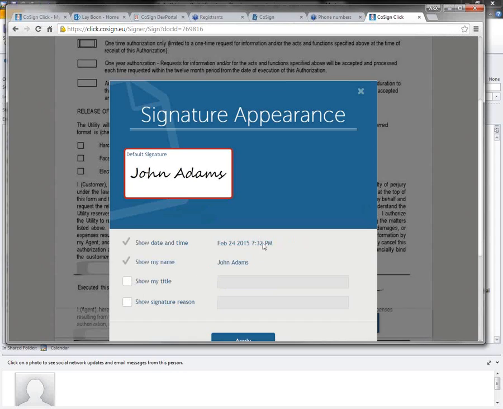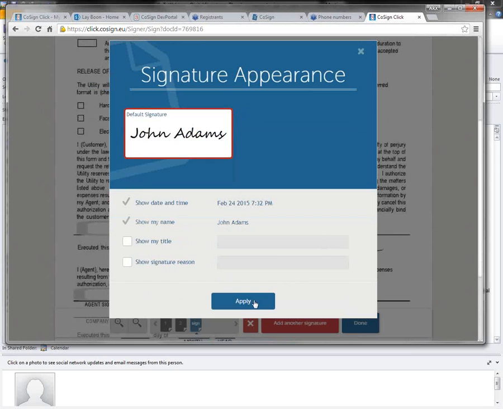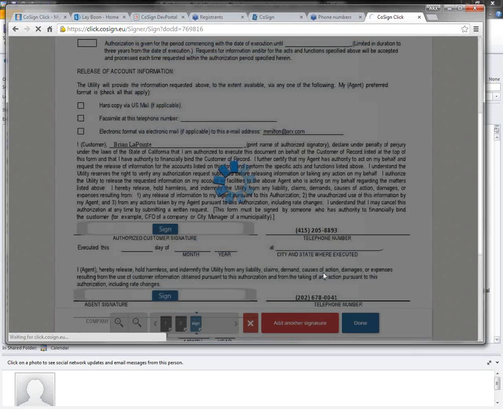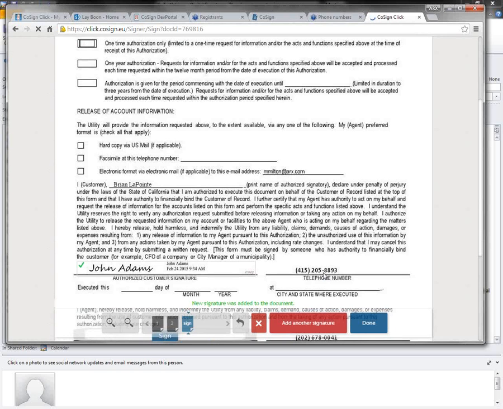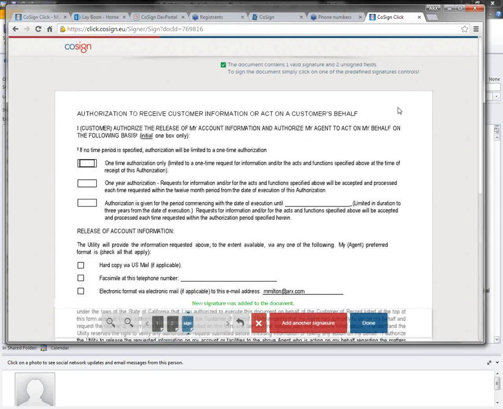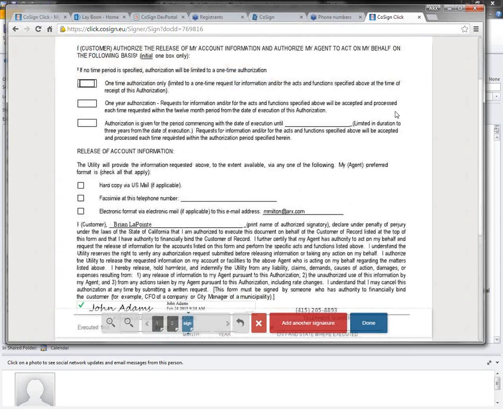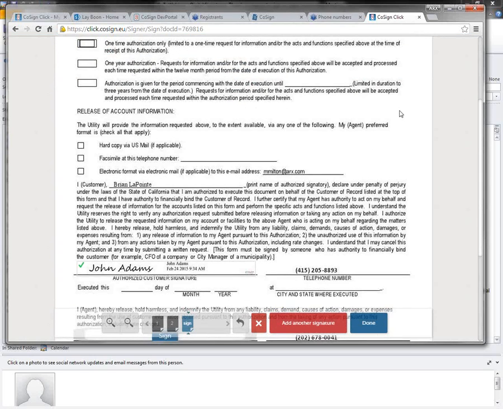We can add in, force what metadata fields here for John Adams. We're only going to grab his date and time and his name. If we wanted to have a title or a reason code, we can enforce that. But that person can just get an email, click on it, take them to the document, click sign, and be done. And I'll let you know, this interface here is very mobile friendly, so this is going to work on your iPhone, iPads, Android devices, or other, Mac, of course.